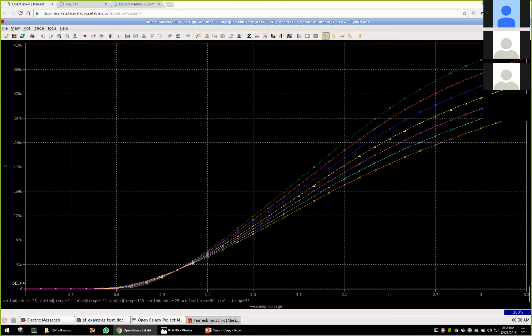And so what it does is it will plot ID for VGS for different temperatures, that is temperature at 0 degrees Celsius, minus 25, which is this guy. So this helps intuitively when you look at the drain current below VTH and the drain current after VTH, the rate at which the temperature affects the drain current